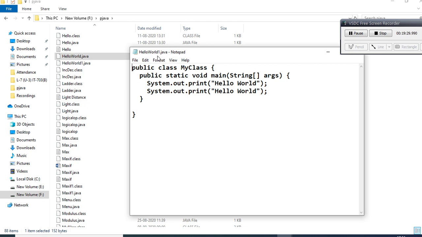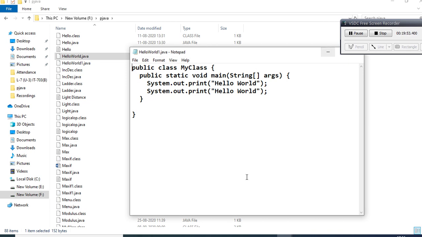Now see, something is wrong in this program, and I am doing it intentionally to show you. My class name is MyClass, and I save the program with the name HelloWorld1.java. Let's see what happens.